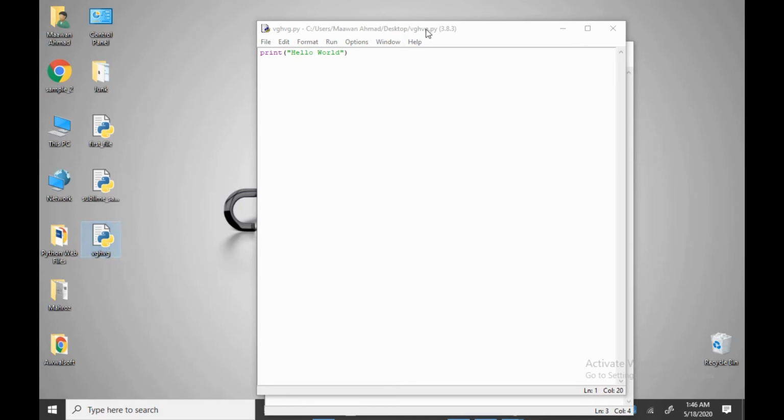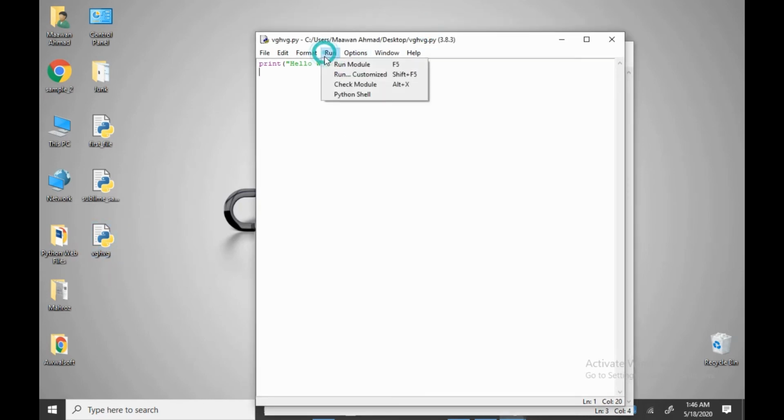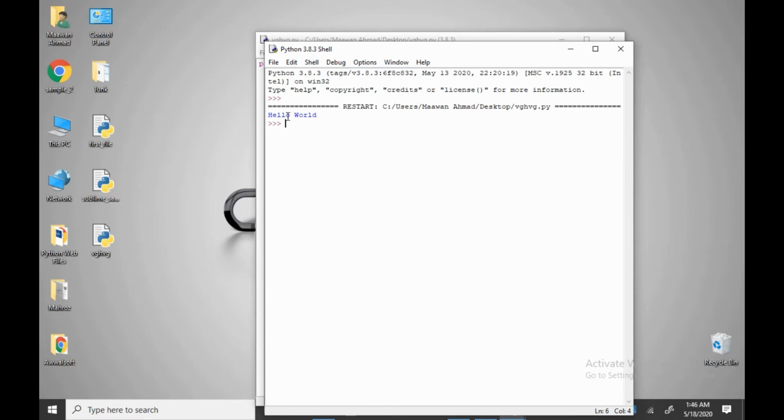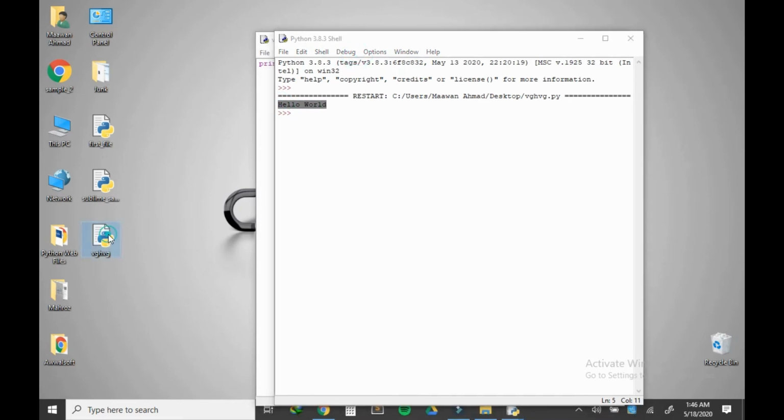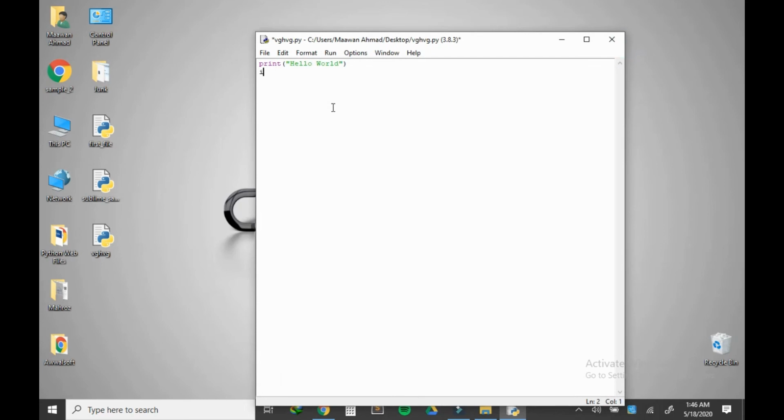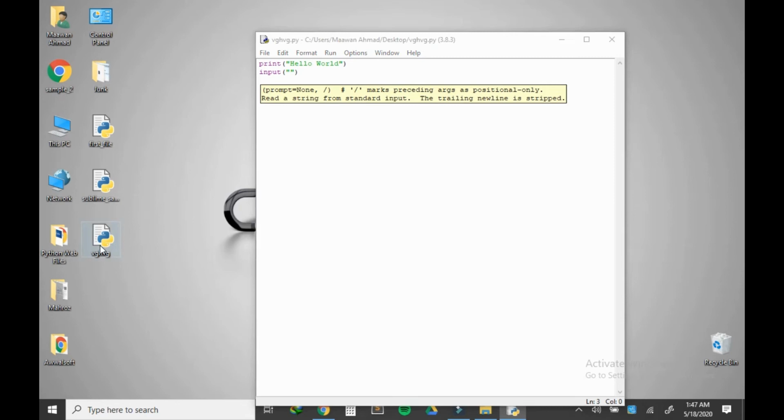So if you want to run this file, you can run it from here also, like it gives me the output, and you can also run it from here. Just double click on it. It is not running because the program has ended. Just input anything, then it will run properly from there. So now it will run.